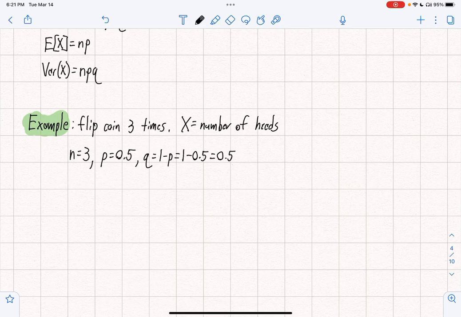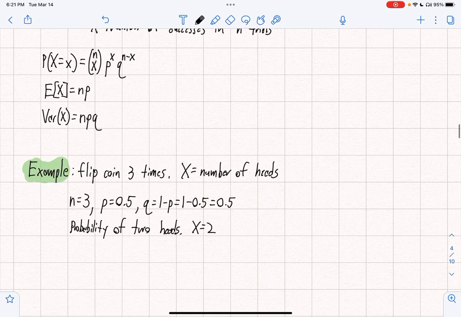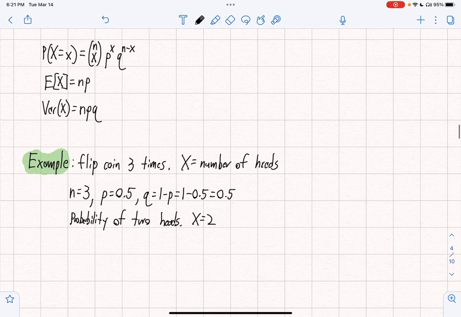And let's say we're interested in the probability. So let's find the probability of 2 heads. In other words, X is equal to 2. Okay, so let's use our formula. So the probability, so using this formula up here,